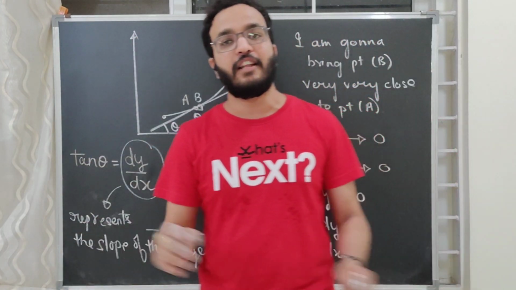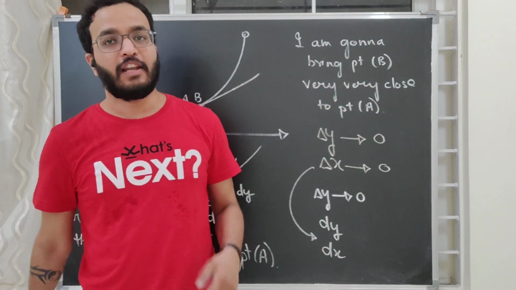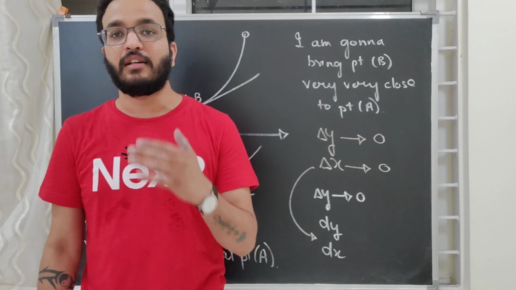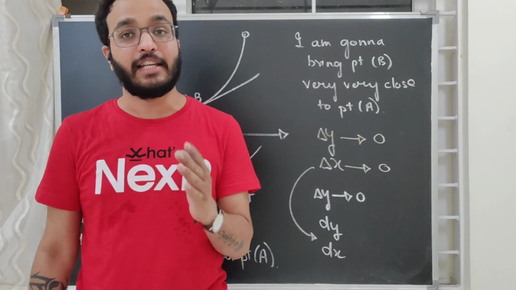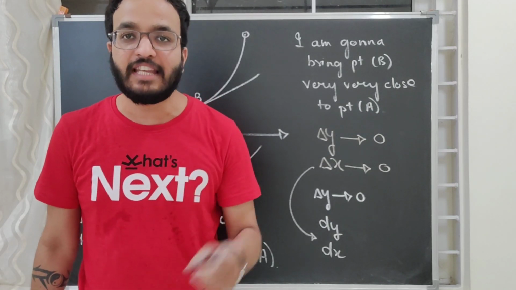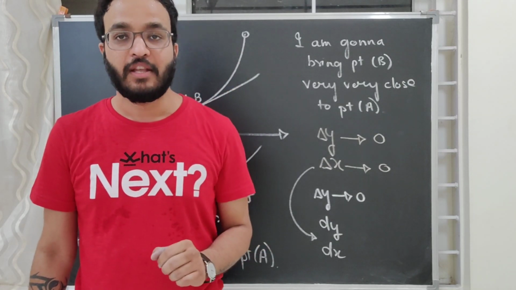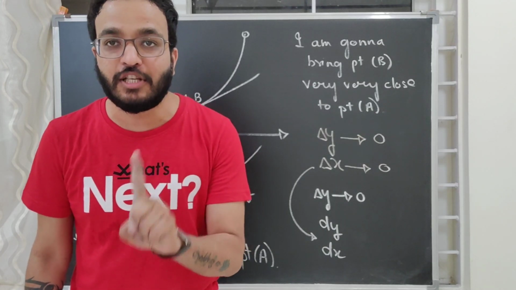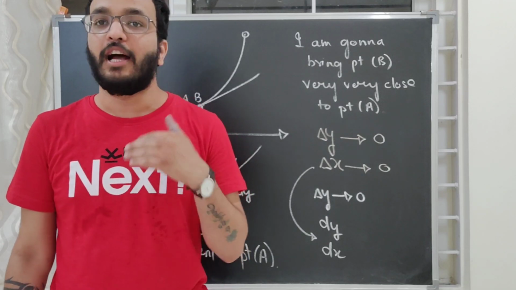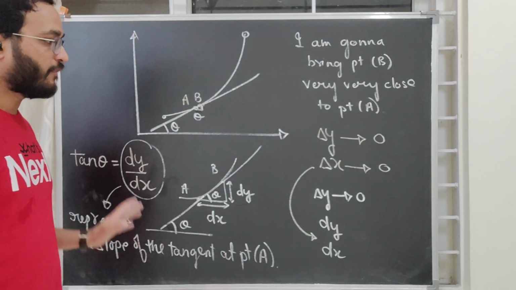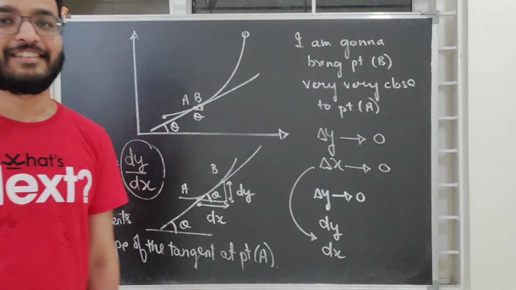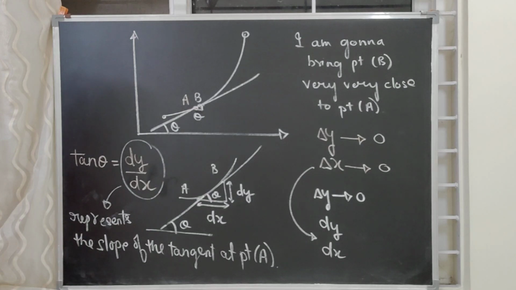Now this is the definition of dy by dx. So whenever someone asks you what is dy by dx, what do you understand by differentiation? You can say, sir, we use differentiation as a technique to find the slope of any curve at a particular point. That means dy by dx basically represents the slope of the tangent drawn to the curve at any point. I hope it is clear. And for different kinds of curves, how to find it, that I have told you already through the formula, right? So let's take an example. With an example you will understand things better, okay?